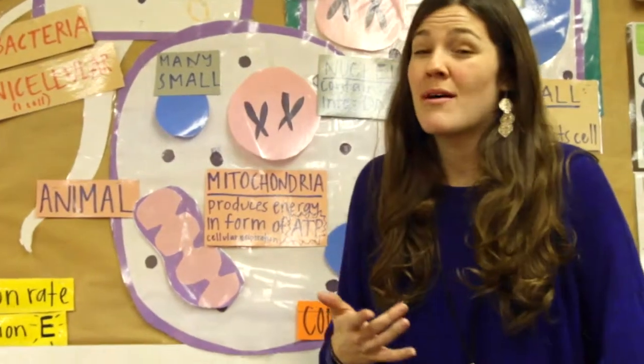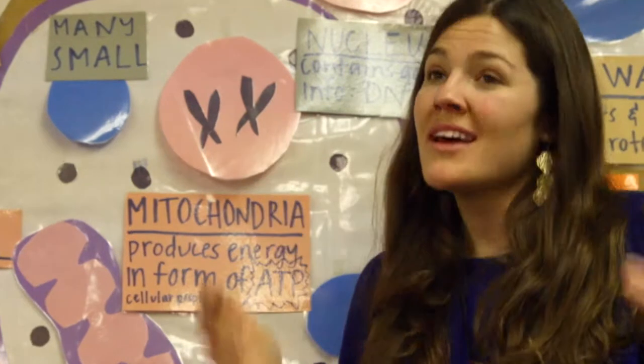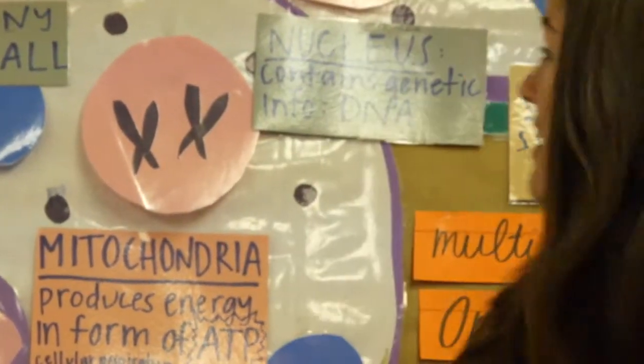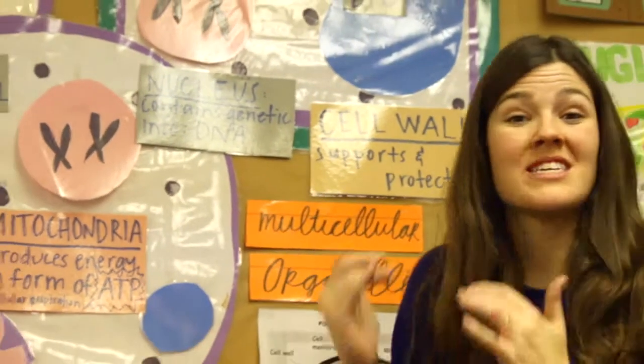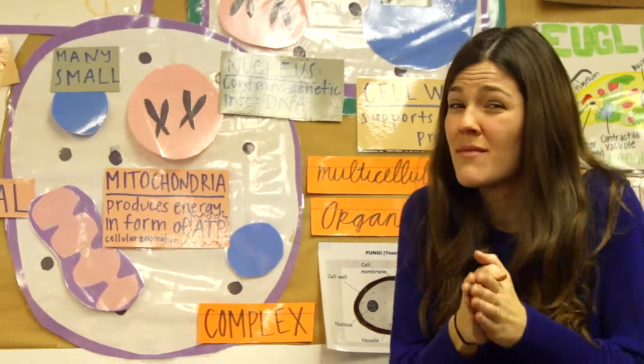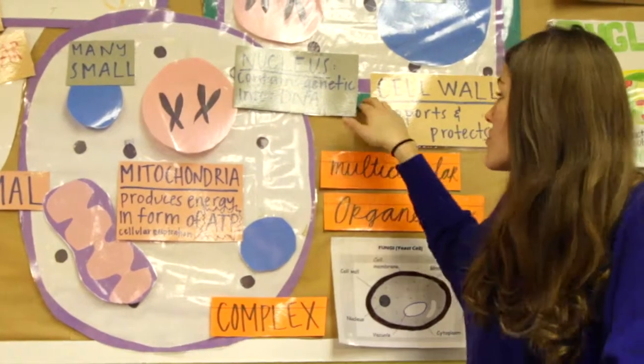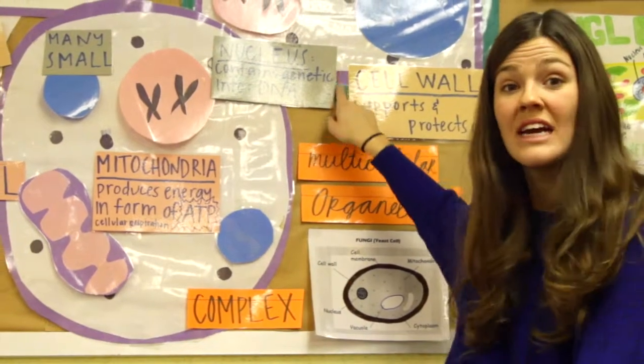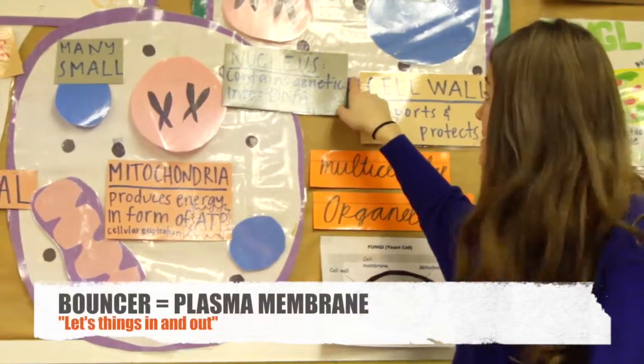And now we're going to talk about Club Plant Cell. See, Club Plant Cell is a little different. It's a little bit sketchier part of town, so let me just tell you what it's like. In Club Plant Cell, there's not just a bouncer. We got security guards. We need that extra support and protection because it's not as good of a part of town. So you got your security guards who are checking everything. Then you still got to have your ID to get in with the bouncer. In and out, the plasma membrane, the bouncer.